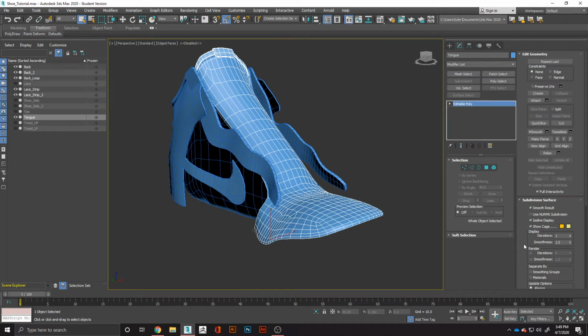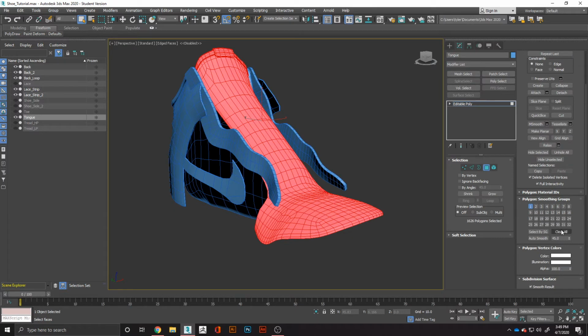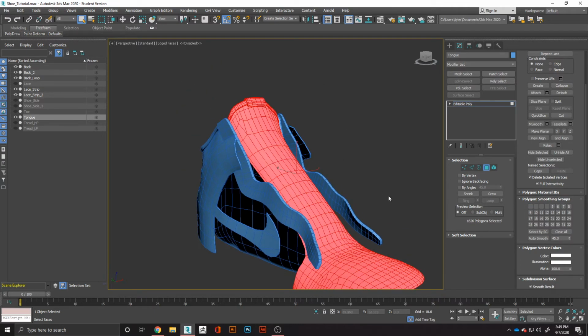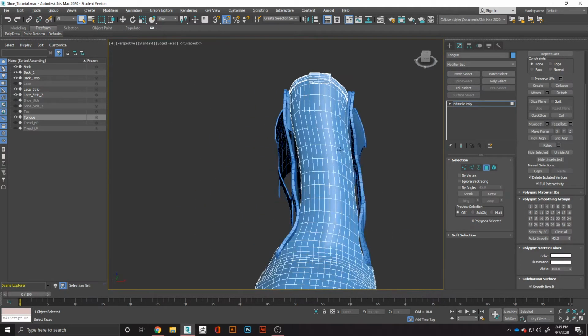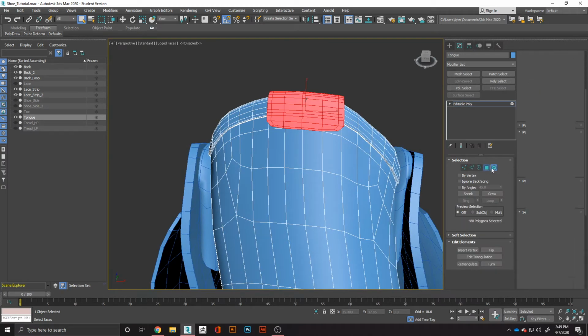So now we will go to our smoothing groups. If we hit polygon selection, we're just going to do auto smooth to start. Okay, so it gave us a number of smoothing groups. Now I do believe if I were to select this one here,